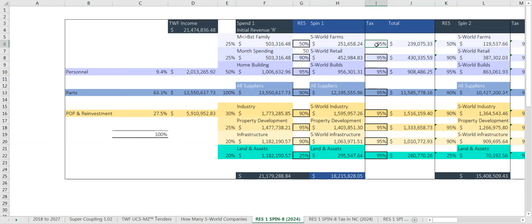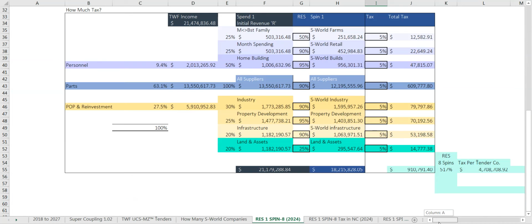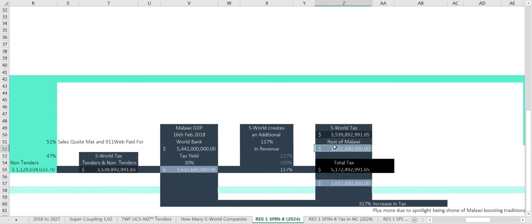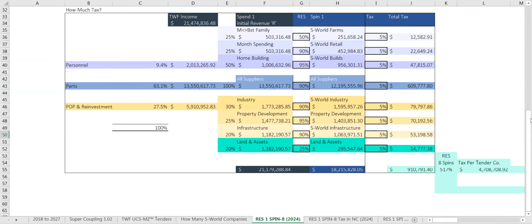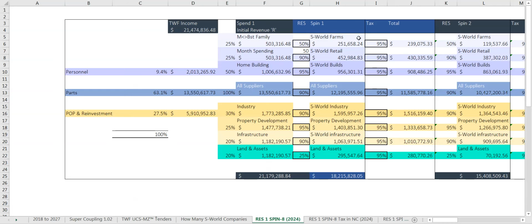is, because of this, we should only be taxed on the profit side of the venture, which is about 20%. Therefore, tax should be, instead of on average about 25%, it should be on average about 5%. And this is that 95% we see here. In addition, this also makes an awful lot more money in this scenario for the government. Let's see, tax would typically be about 1.6 billion. They're going to get an extra 3.5 billion from this tax. So it makes an awful lot of sense for everyone to work really hard and get us